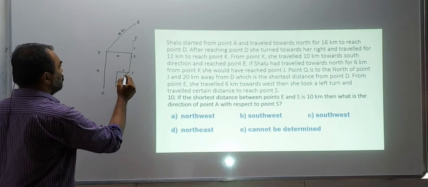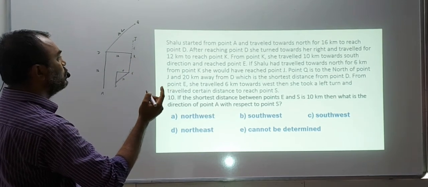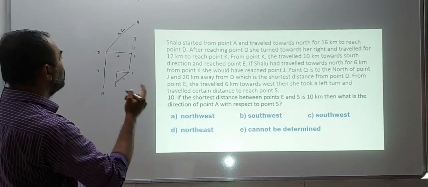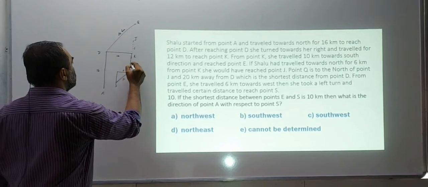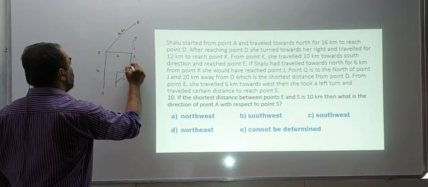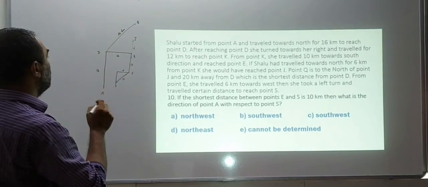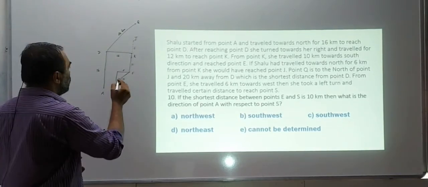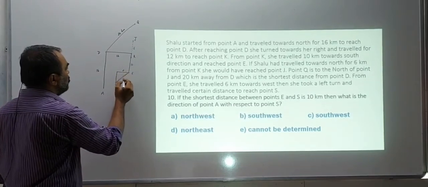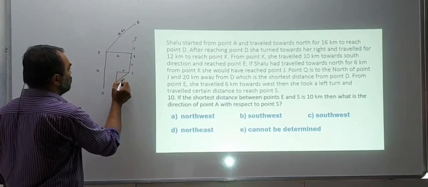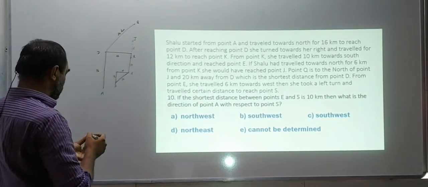So how much was K to E? This we forgot to mention. From point A she travelled 10 kilometers. So she has travelled 10 kilometers down and reached point E. Okay. Now this is the data we have. Now the Pythagoras, this is 10 and this is 6. So what is the formula? Do you know? Pythagoras, so this will be 100 minus 36, 64. So this will be 8.